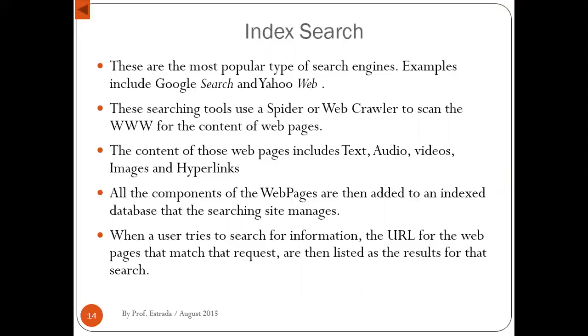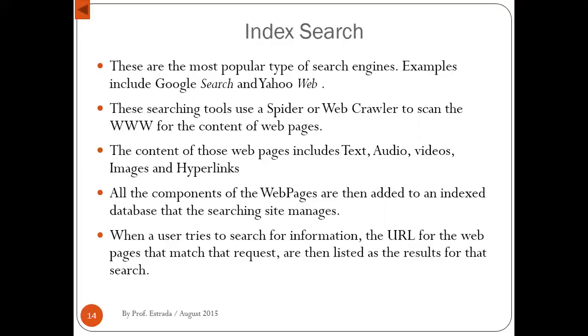Index searching tools are the most popular searching tools around. When you use regular Google, that is Google Search, or regular Yahoo, that is Yahoo's Web, you're actually using an index searching tool. Index searching tools rely on a spider or web crawler to find the data that will be included in the database that the searching tool uses to match the words that are placed in the search boxes. Spiders or web crawlers